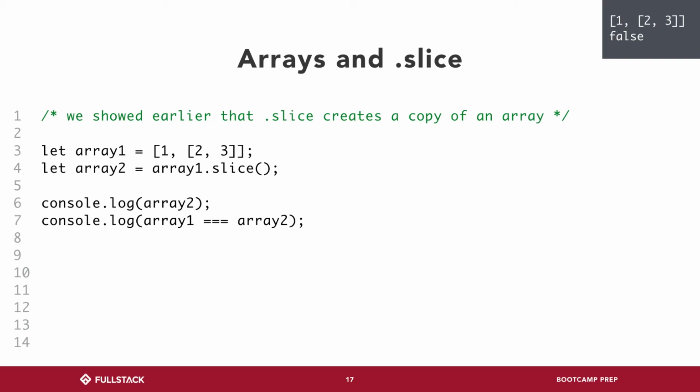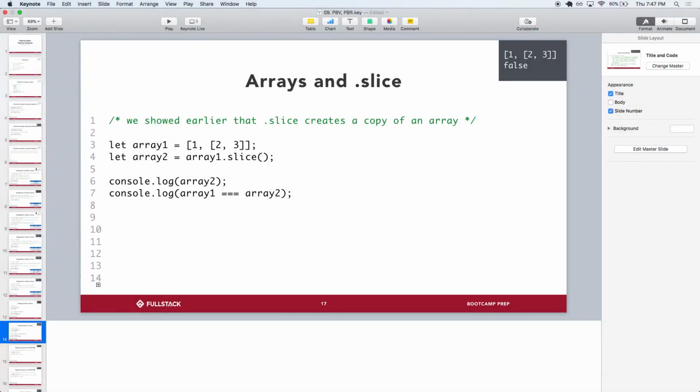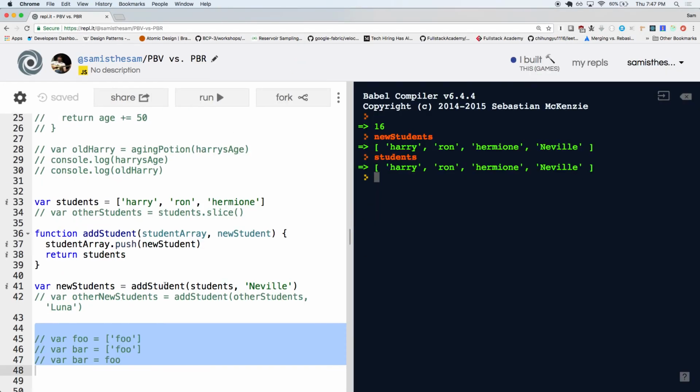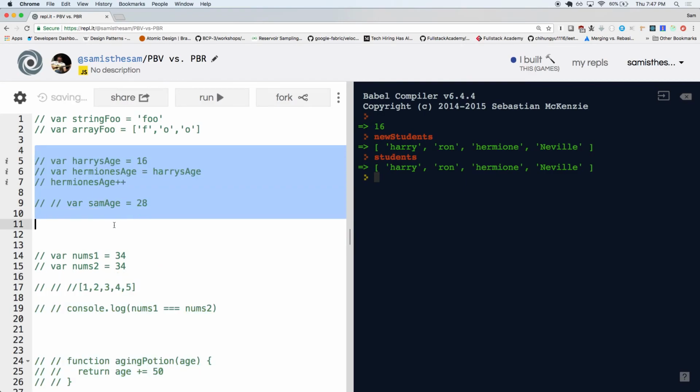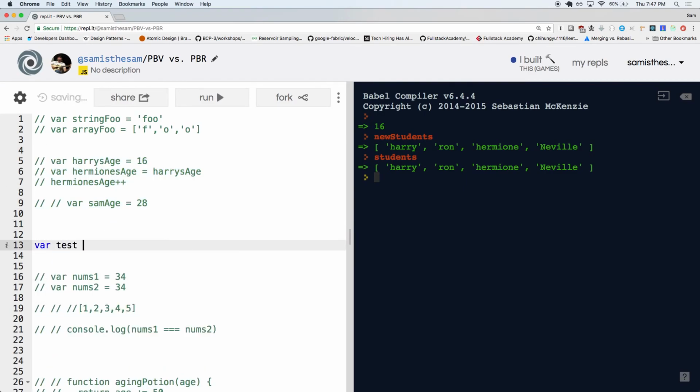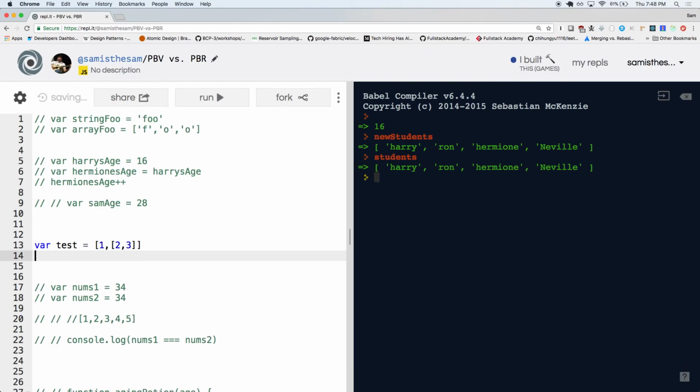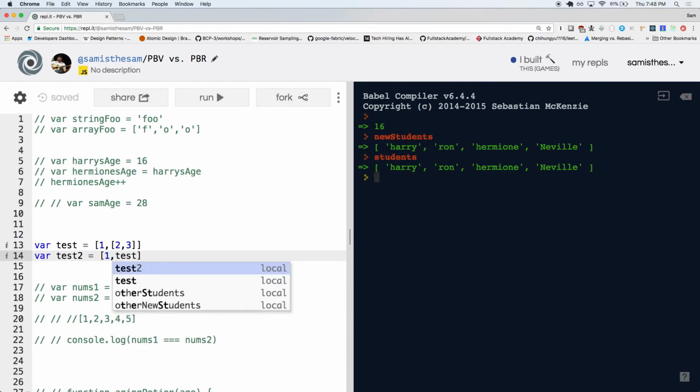So if you take array 1 in brackets 1 equals array 2 in brackets 1, because you'd just be referencing the second thing, it would be equal, is what you're saying. Yeah, you know what? Let's try it. I think so, but we'll confirm. So what you're saying is, comment all this stuff out. You're saying if we have var test equals 1, and then 1, or 2, 3, var test 2 equals